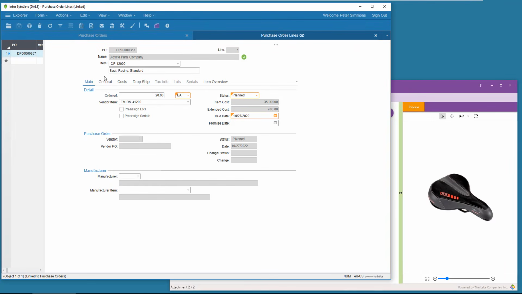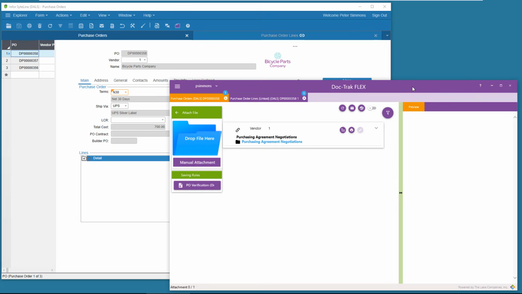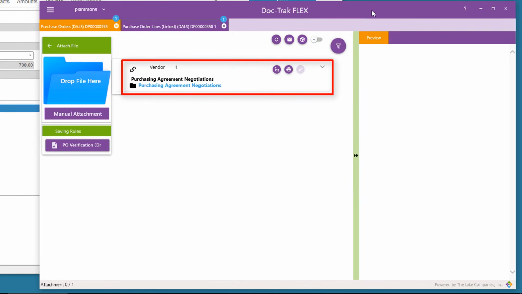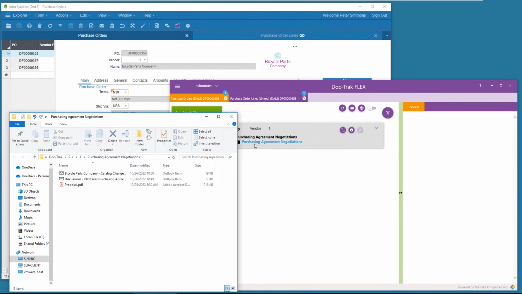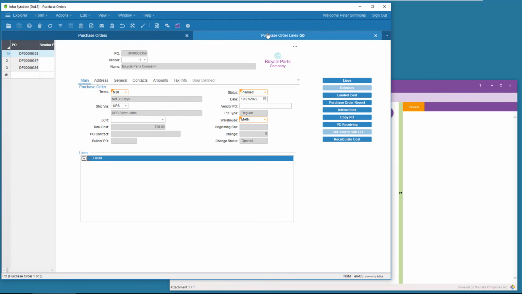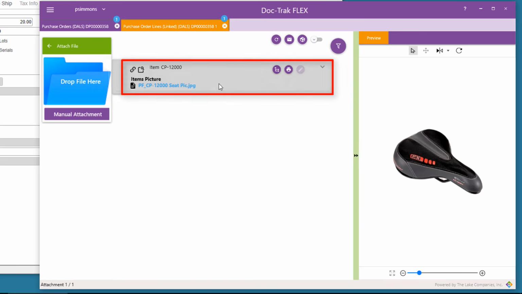I'll go back to the purchase orders form, refilter for the second new PO number, and once again, check out DocTrack Flex. Here we see the PO record only has the indirect folder attachment. And the line only has the virtual attachment, just as we expected.